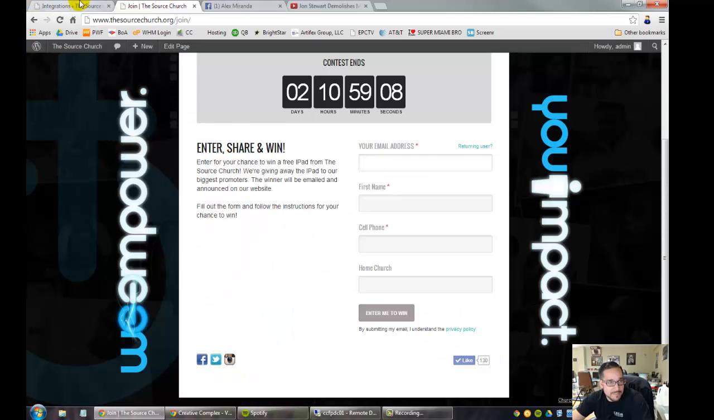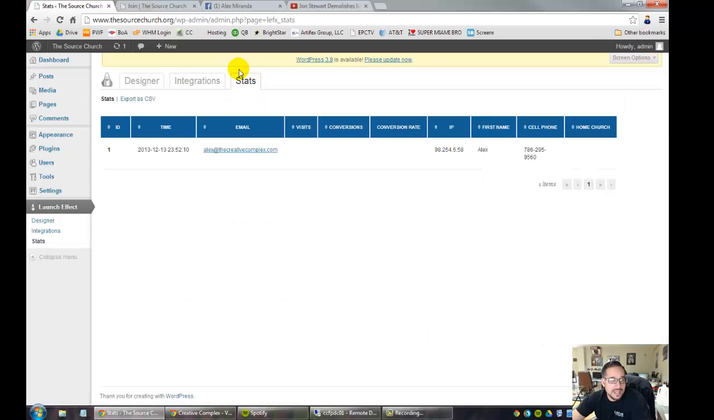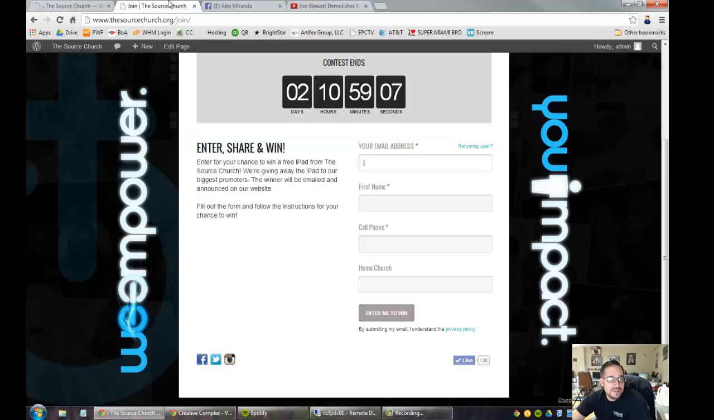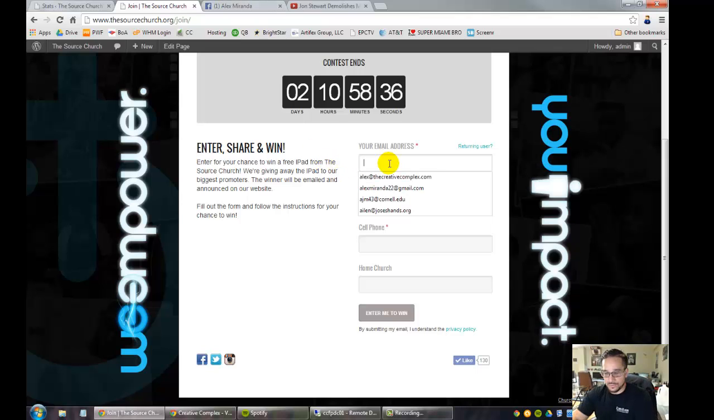If you don't have MailChimp, it's still going to store your emails. It's going to store them on this tab here called Stats. This stores every email, and you can export it as a CSV file. So everything that you're doing here, if you don't connect it to MailChimp, you can actually see it here. And this is where it's going to show you who your best promoters are, because the idea here is for someone to enter their email address,